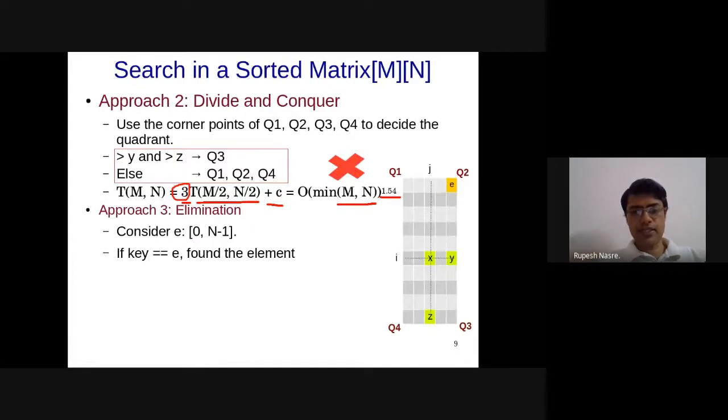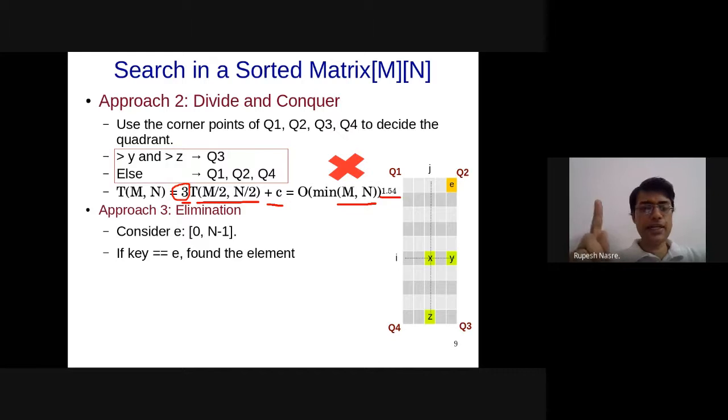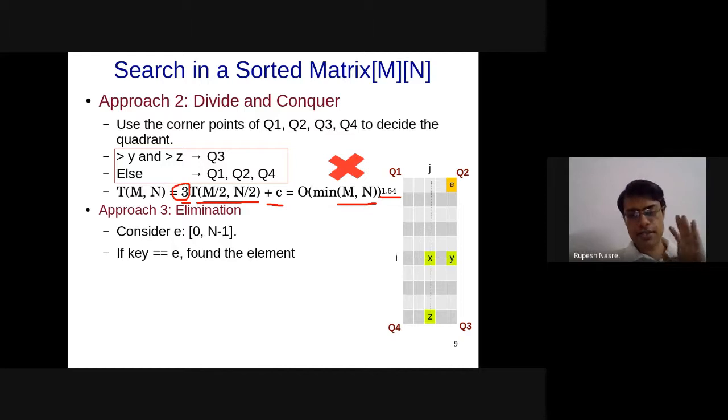Similarly, if e is less than key, or key is greater than e, if the key that I am searching is greater than e, since the row is sorted, it cannot be in that row. That key cannot be in that row because it is sorted, and key is supposed to be greater than e. But it can be in e's column, or it could be in other columns. I mean, it could be in other places in this matrix. So what we could do is eliminate the row if key is greater than e. And I am removing only one row or one column at a time, but I am definitely removing at least one row or one column in every iteration.